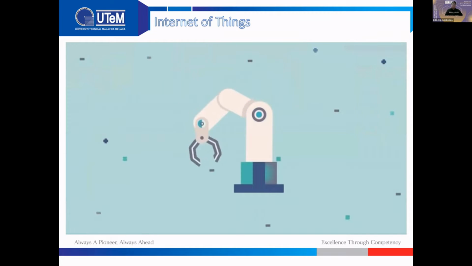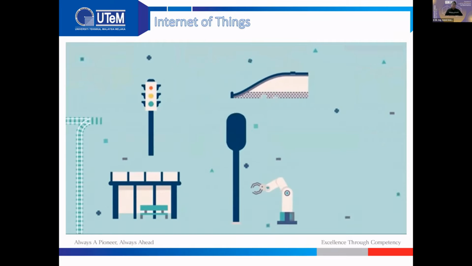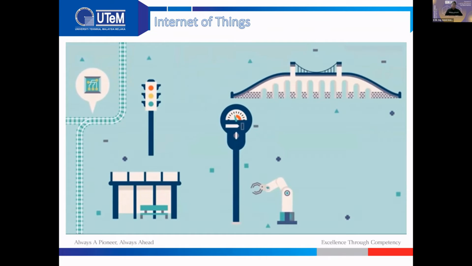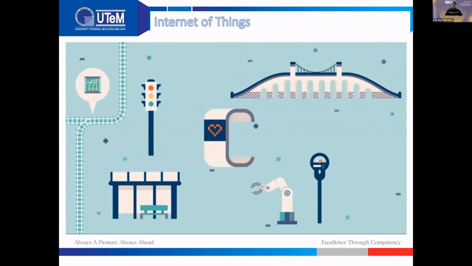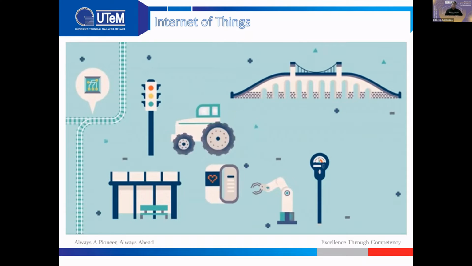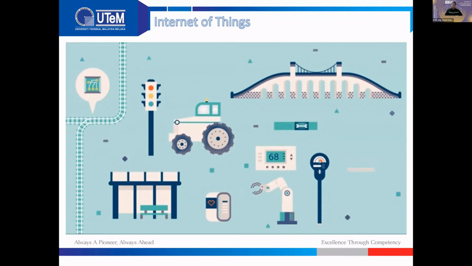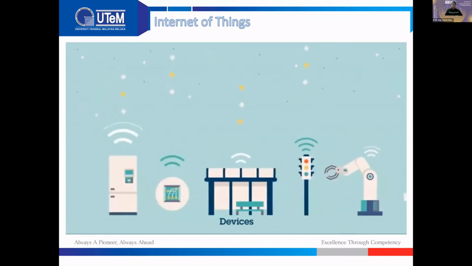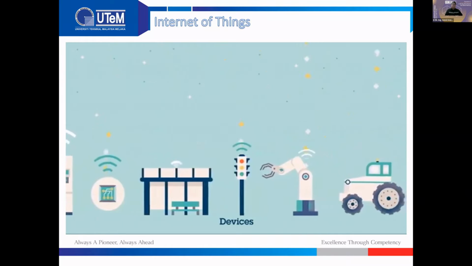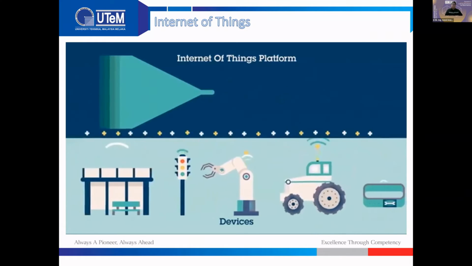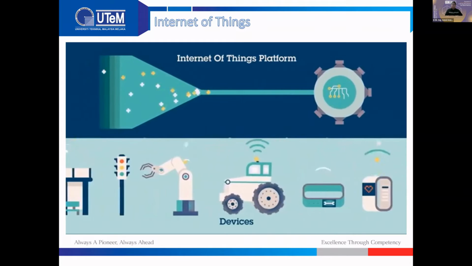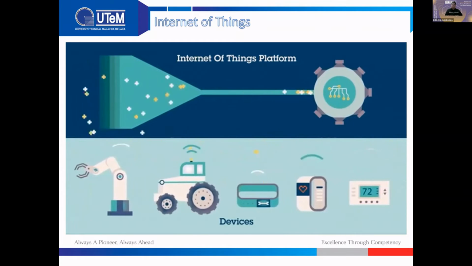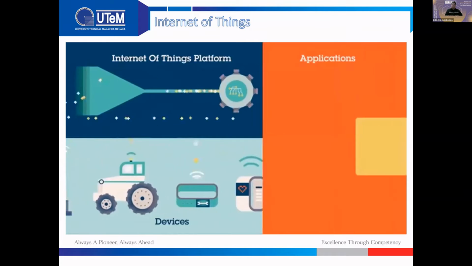Whether we're improving the production of a factory, giving city residents real-time updates on where to park, or monitoring our personal health, it's the common Internet of Things platform that brings this diverse information together and provides the common language for the devices and apps to communicate with each other. The process starts with the devices themselves, which securely communicate with an Internet of Things platform. This platform integrates the data from many devices and applies analytics to share the most valuable data with applications that